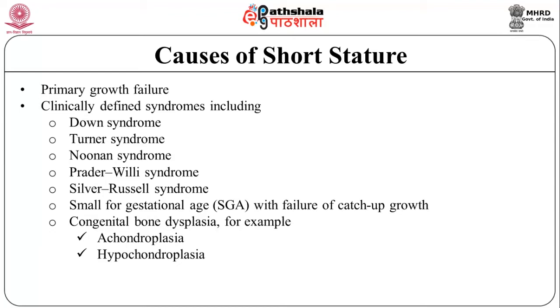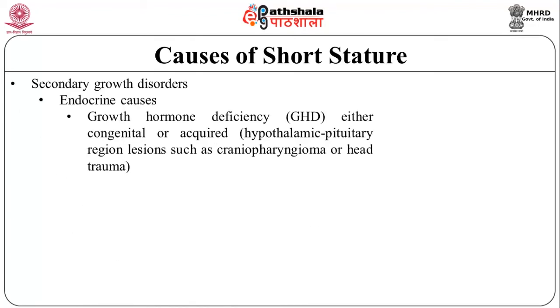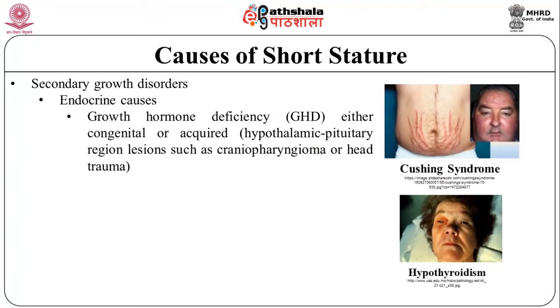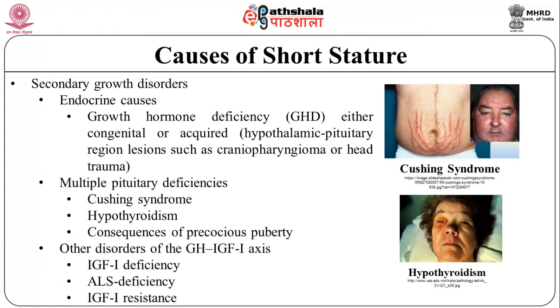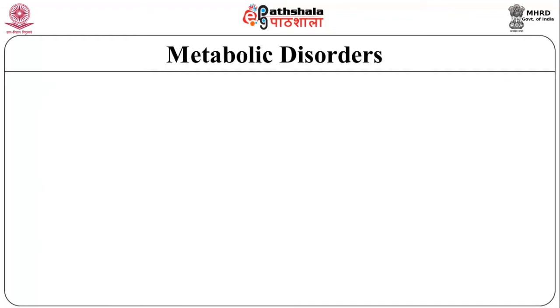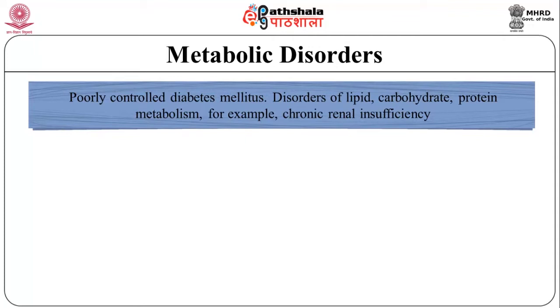congenital bone dysplasia, for example, achondroplasia, hypochondroplasia. Now, secondary growth disorders, endocrine causes: growth hormone deficiency, either congenital or acquired. Hypothalamic pituitary region lesions such as craniopharyngioma or head trauma. Multiple pituitary deficiencies, Cushing syndrome. Hypothyroidism, consequences of precocious puberty, GH-IGF-I axis: IGF-I deficiency, ALS deficiency, IGF-I resistance. Metabolic disorders: poorly controlled diabetes mellitus, disorders of lipid, carbohydrate, protein metabolism, for example, chronic renal insufficiency,